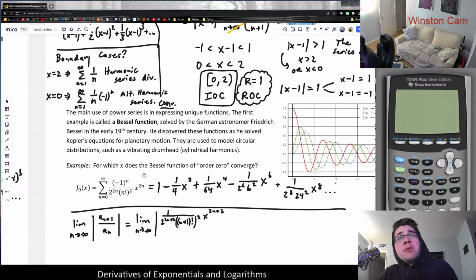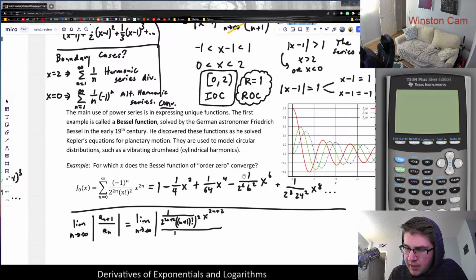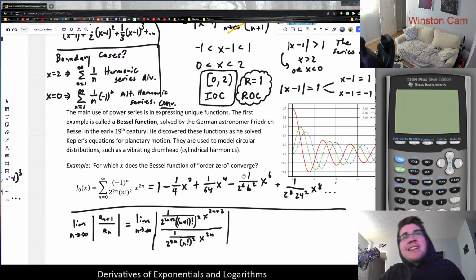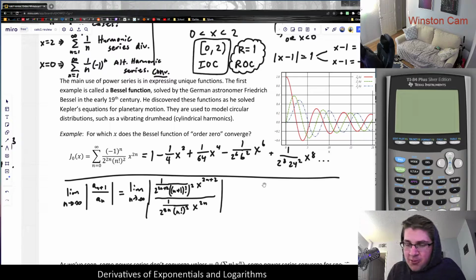Also, if you're wondering how I got 2n plus 2, if you plug in n plus 1 for the index, it'd be 2 times n plus 1 by distributive property. That would give us 2n plus 2 in both of those cases. And this would be all divided by the original formula, which is -1 to the n divided by 2 to the 2n, n factorial squared times x to the 2n. But if you thought our ratio test examples from the last couple classes were bad, this is clearly much, much worse. But as we've seen in all of our examples, these greatly simplify, and these limits generally are solvable